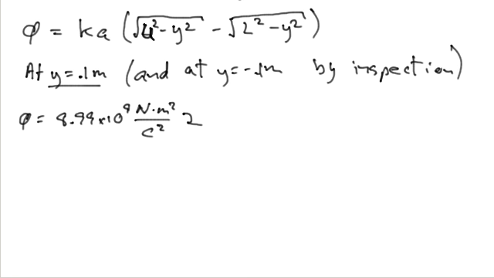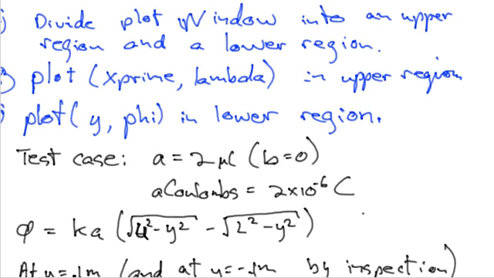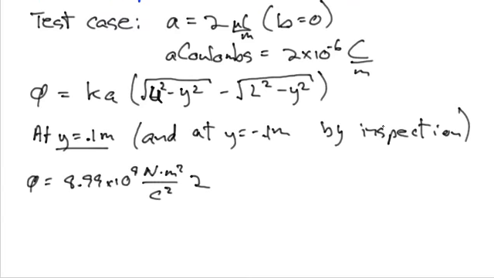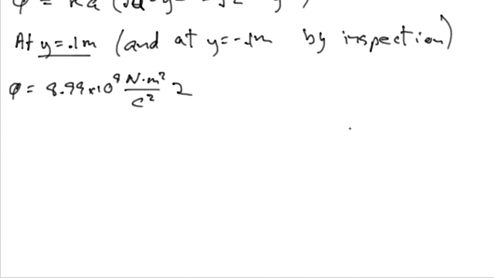Let's see, it takes 2 A in microcoulombs per meter. So I'm assuming the user puts in a 2 and B is equal to 0. So 2 microcoulombs per meter is the same thing as 2 times 10 to the minus 6 coulombs per meter,